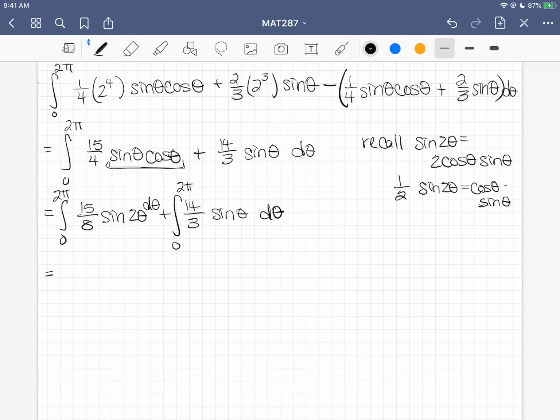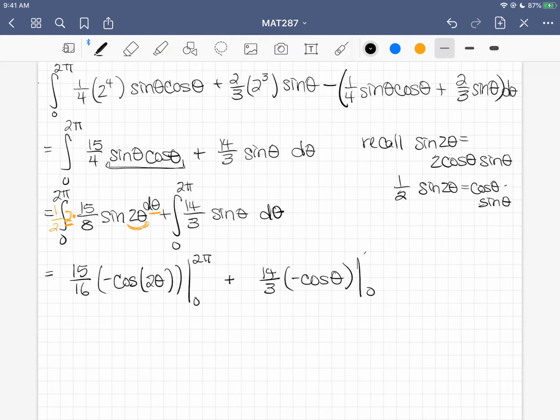All right, so for this first one, I need to do a u substitution of 2 theta. I need a 2 out here and a 1/2 out front, right? So the derivative of 2 theta is 2 d theta, so that's in there. The integral of sine of u is negative cosine of u, so I have 15 over 16 times negative cosine of u, which is 2 theta, evaluated from 0 to 2 pi, plus 14/3, the integral of sine theta is negative cosine theta, evaluated from